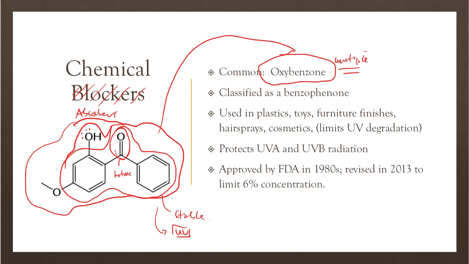This prevents color fading over a course of time. They spray it on furniture for the same reason. You don't want your furniture to start to change color over the years as UV light energy begins to hit it. Hairsprays, any kind of leave-in conditioners typically have an oxybenzone or related compound in them, and the reason there